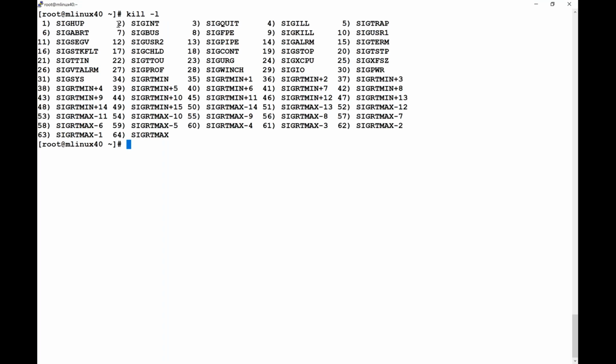So signal number one is reloading. Signal number two is interrupting. Suppose some work is going on and you want to break it, you press Control C. So Control C is nothing but breaking a signal,